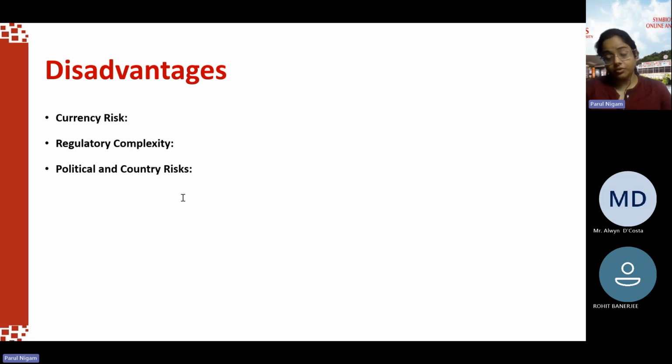Then over reliance on foreign loans can make a company very vulnerable to external economic shocks, because when everything is international, just imagine a scenario where there's political turmoil in 5 countries. Now, because your investment is majorly in the international market, your economic situation will deteriorate because of the negative situations in other countries. So over reliance on foreign loans can make a company very prone to external